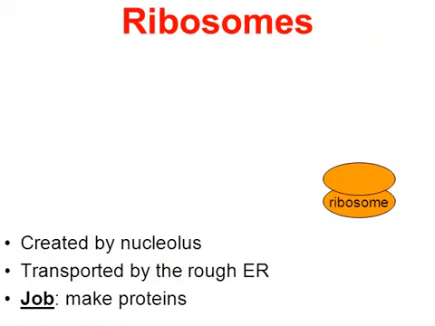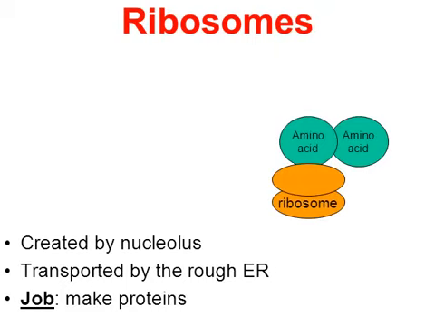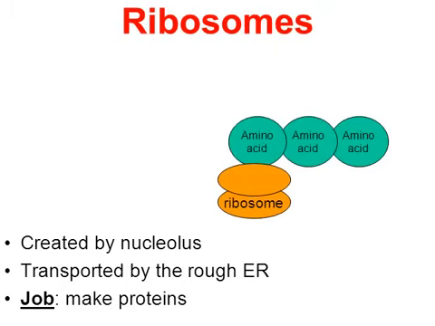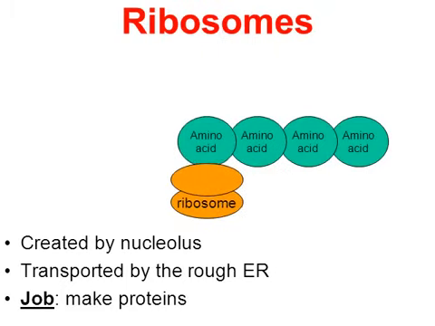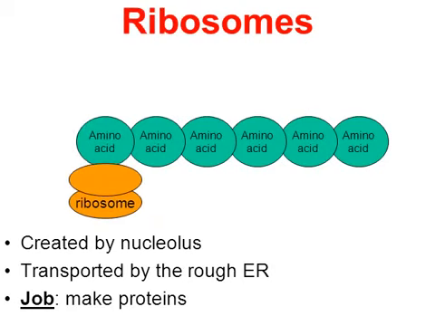Well, here we have a ribosome. And the reason, what I mentioned a moment ago, is its job is to make a protein. And what it does is it will gather individual amino acids. And earlier in the school year, I hope you remember that amino acids are the building blocks of proteins. And so here we see a ribosome is gathering and connecting a bunch of amino acids into a